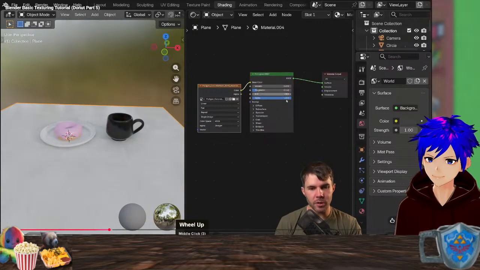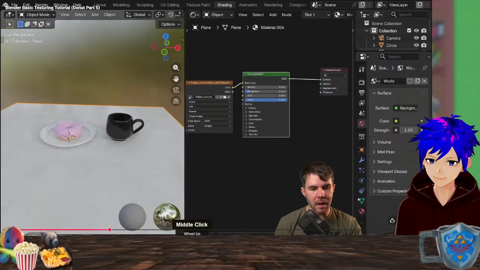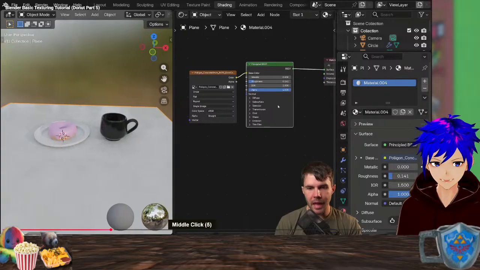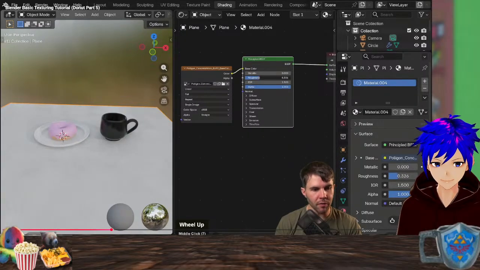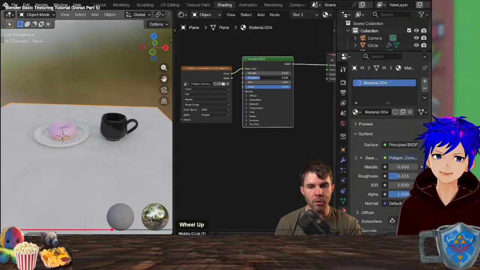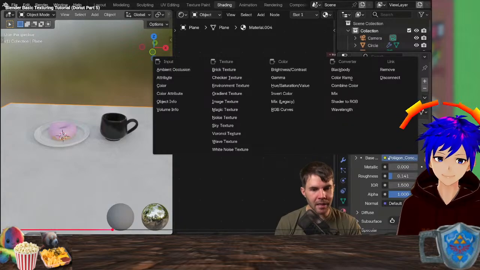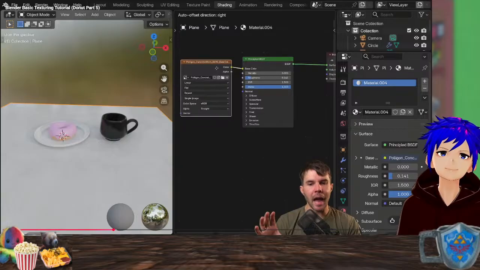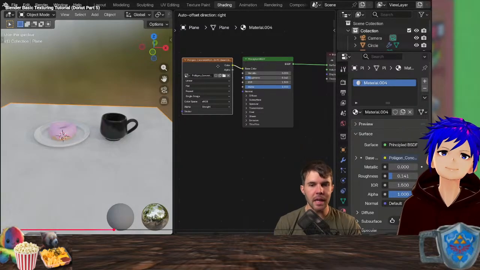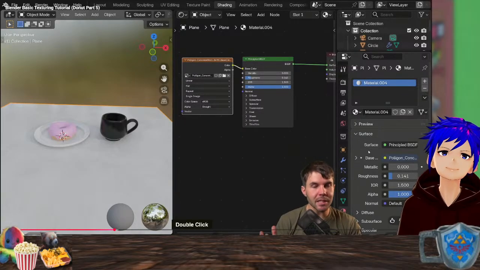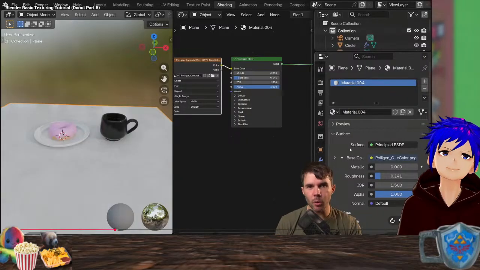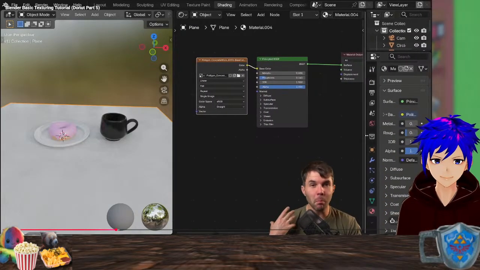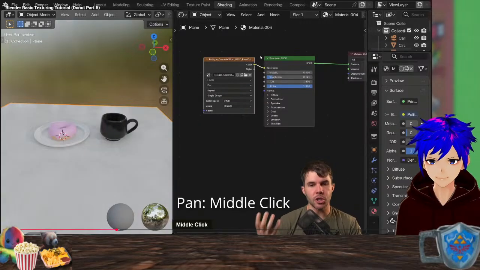So the shader nodes over here, this is actually the same information as what we have in our material over here. For example, if I was to adjust this roughness, you can see that it's adjusting both of those values there. And when we added in this and we clicked image texture, it was basically in the background adding in this node here, which loaded in the image texture. So it's a simplified view. If you want to do small changes to a material, you use this panel here. If you want to do anything more complex than that, you use the shader nodes here.